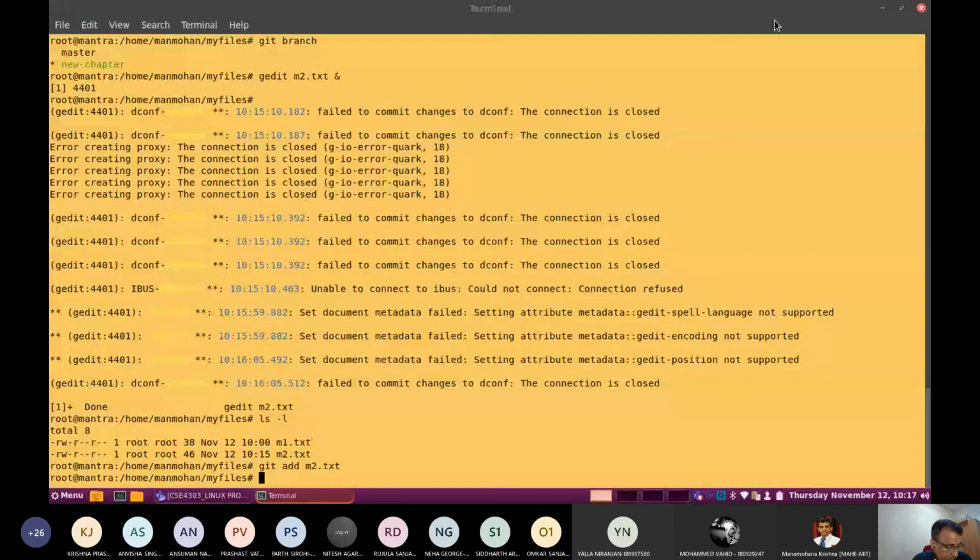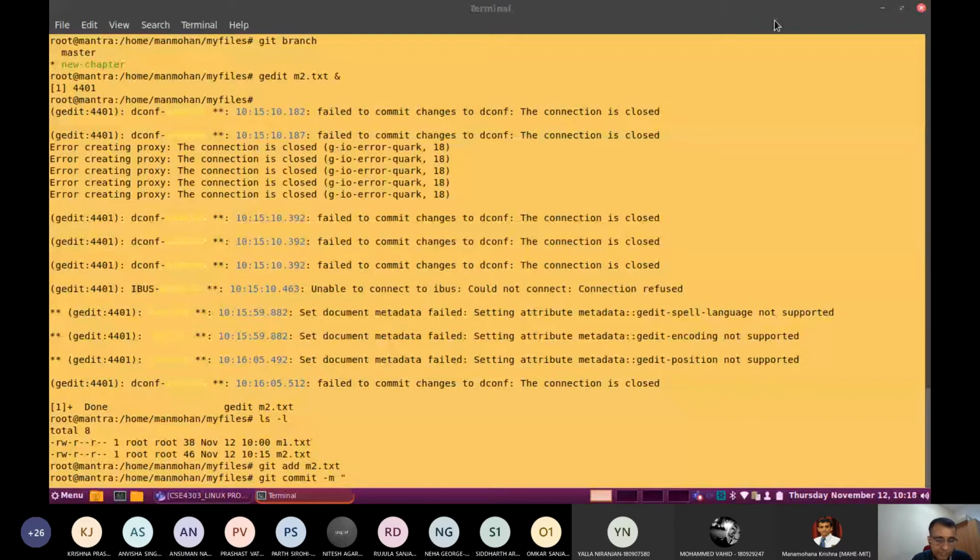Now after adding to the staging area, assume that this file is optimized to some extent. Now the team can go for committing it. Git can say commit. And whatever the message, you can do it directly from the command line also. Otherwise, if you simply say git commit, a commit window will open up where you can edit some message. Or else you can type the message directly with the -m option.